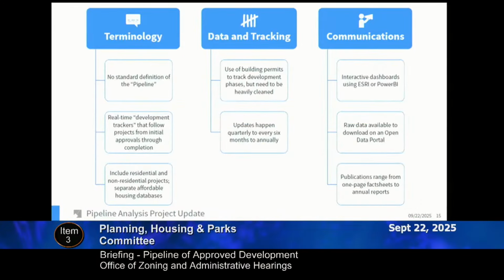So now getting into some of the other results of this analysis, in terms of defining the pipeline, we saw that across peer jurisdictions, there is no standardized terminology or definition of what a pipeline consists of. While some jurisdictions like Prince George's County and the city of Frederick use the term development pipeline, Washington, D.C. and Arlington County use more of a development tracker or development reports. We in Montgomery County remove projects from the pipeline once they are fully built, but some other databases follow a project through its entire life cycle, from initial approvals through completion, indicating different project statuses as the development progresses.